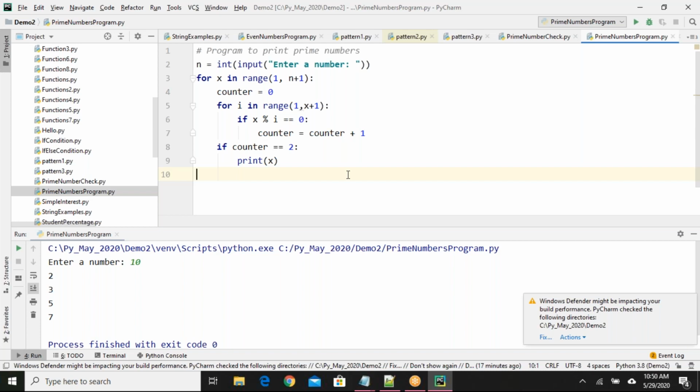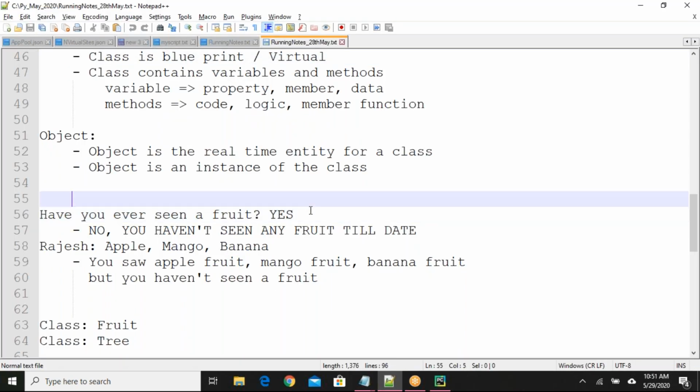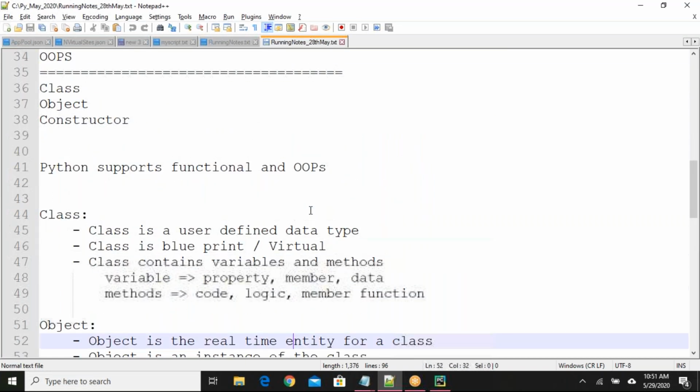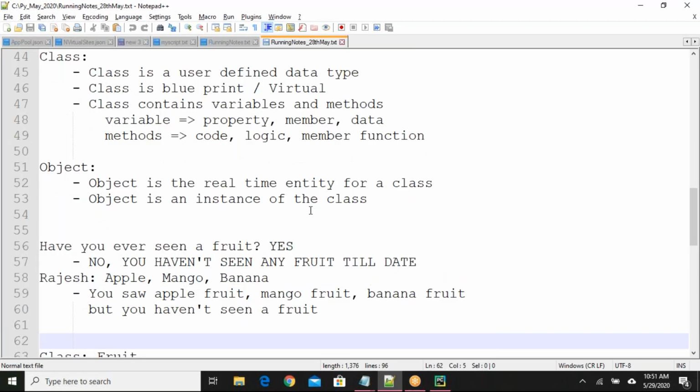So what we were discussing was class and object. Everyone got an idea about what is a class and what is an object. What is a class? A class is basically a user defined data type. We can say it is a blueprint also. It is virtual; physical existence is not available for the class.